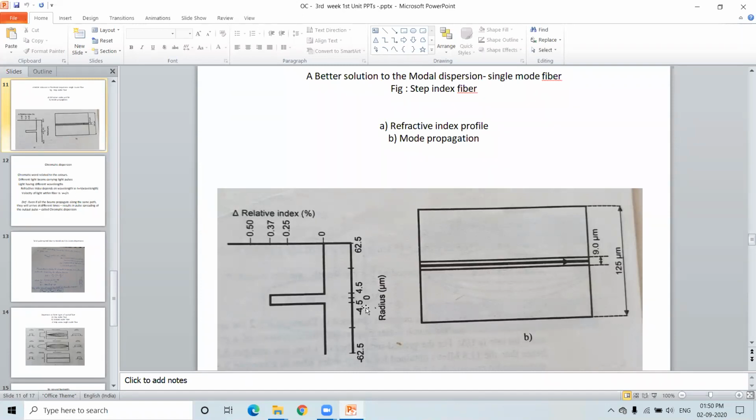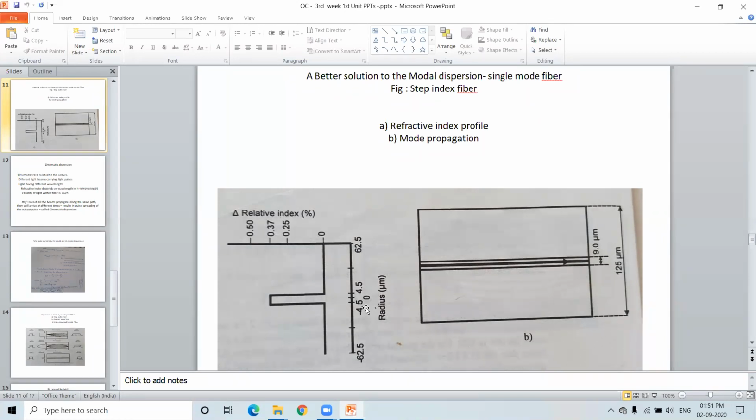So in the further classes, we will learn about the critical operating wavelength. The wavelength should be this much only. If it exceeds, a greater number of modes will be possible. That critical wavelength and mode field diameter we'll see later. So right now, very briefly,